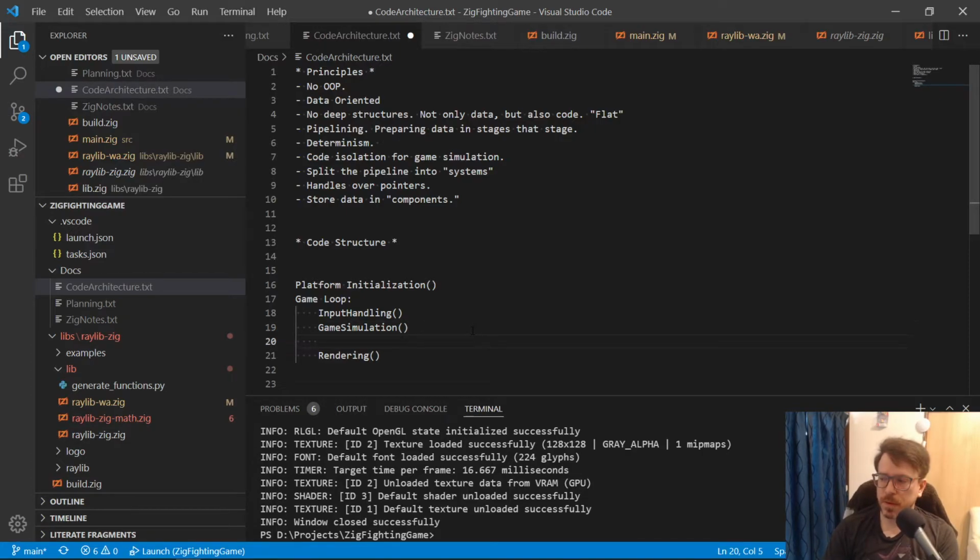Because we're going to be using deterministic resimulation or rollbacks, we need to store game state after we simulate it. That's very important. And if we want to support netcode, we're going to want to do network update after input handling.